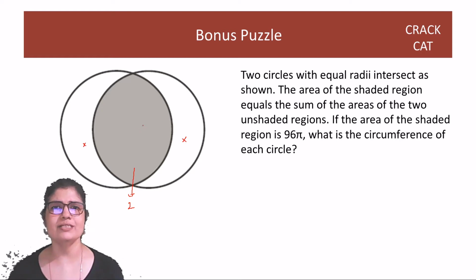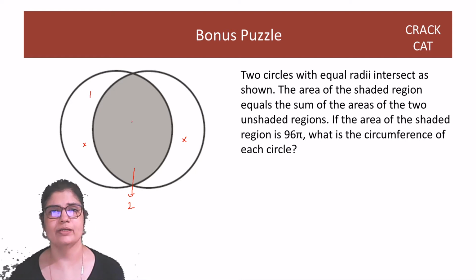Now there has to be symmetry here, guys. Correct? It's not as if this circle has taken up more of this region. There are two circles with equal radii. तो जितना इधर बचेगा उतना ही इधर बचेगा, right? So you can guess that these two areas are equal. If they are equal, that means this is 1 and this is 1, right? Because we have taken this whole shaded region as 2. 2 is equal to the equal area of x plus x. So each of these areas, guys, is 1.